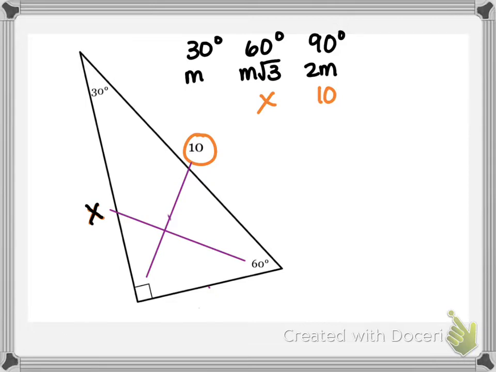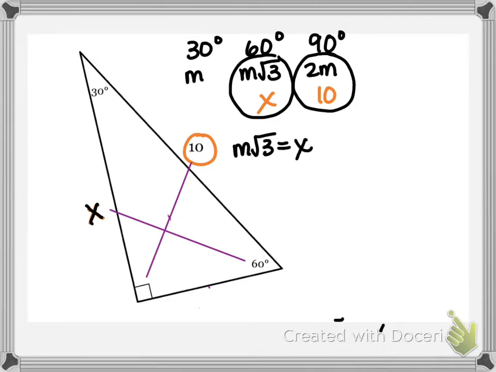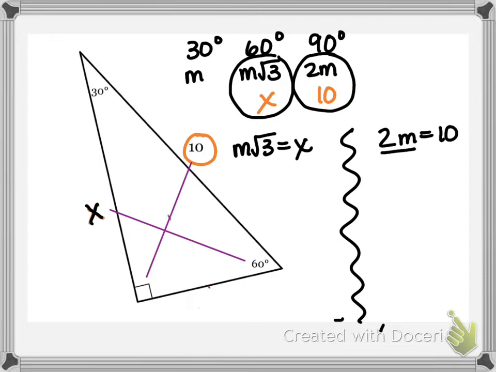What are our two equations? Okay, so our two equations are going to be this one here and this one right here. So we write the first one, m square root of 3 equals x. I'm going to write them side by side this time. And the other one's going to be 2m equals 10. So which one am I going to solve for? Well, I'm going to solve for the one on the right, the one without the x. So I'm going to divide both sides by 2 to isolate my m, and I'm going to get m equals